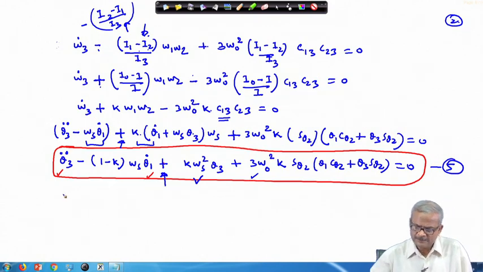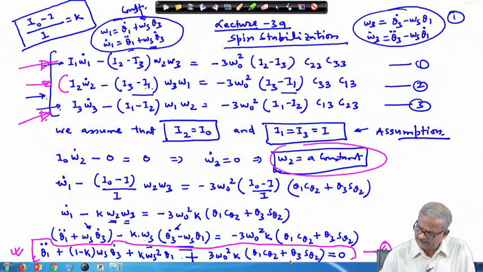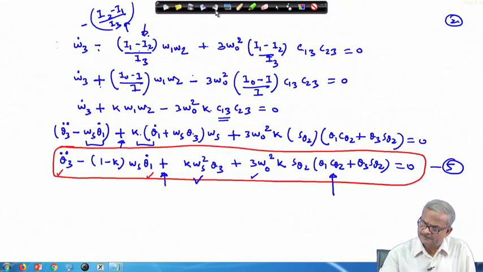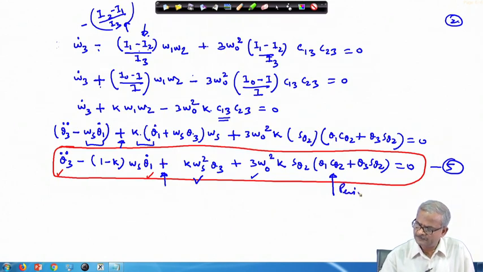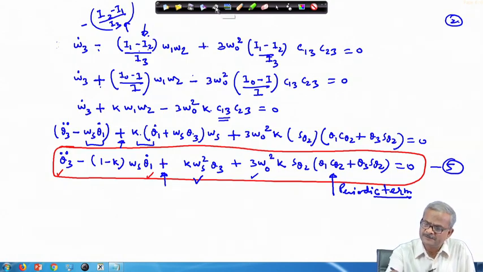Now, these two equations, though looking simple, the problem is that here in this place and also here in this place, this particular term, these are functions of sine and cosine, meaning these are periodic terms. So, this term is a periodic term, and we need to simplify this equation so that we are able to work with this. Without that, proceeding with this equation will be tough.